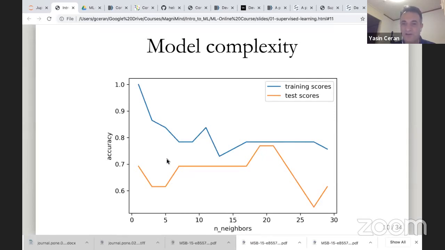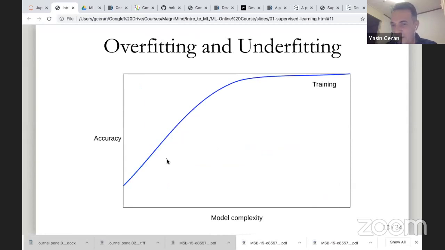We call this overfitting and underfitting. As your model complexity increases, the performance of your model for your training data set is going to increase. In our case, it sounds a little bit counterintuitive, but our model complexity is increasing as our number of neighbors is decreasing. So when the number of neighbors equals 1, we had the highest model complexity and the highest score for